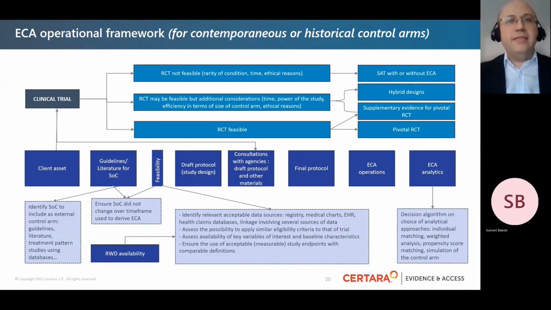And as part of the steps in designing and conducting the studies, first, of course, is the feasibility toolkit you could use in terms of assessing published guidelines, also conducting feasibility assessment, like mentioned in previous slides, and feasibility assessment in terms of real-world data availability. All this will inform your draft protocol and analysis overview. With this draft protocol, you can go for consultation with the agencies, and only after receiving their feedback, we would advise to finalize the protocol and proceed with the operational conduct of the study.